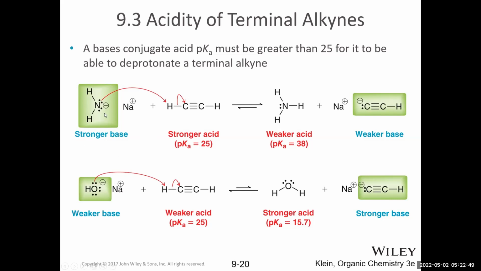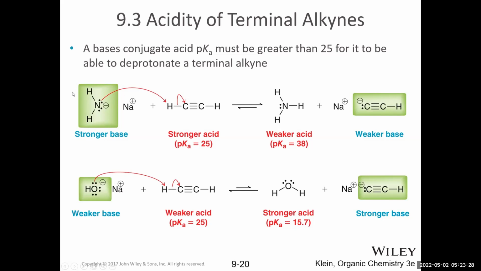So if we compare, for example, sodium amide and sodium hydroxide, you compare the ability of these two bases to deprotonate a terminal alkyne. You can either compare pKa's if available, or use ARIO, but remember that this is technically an exception to ARIO. So it's better to use pKa's. So we're looking for the weaker acid. The equilibrium will always favor the weaker acid or the more stable base.